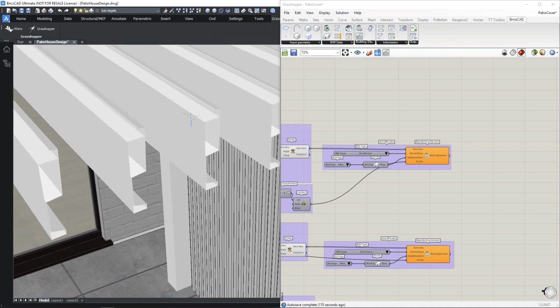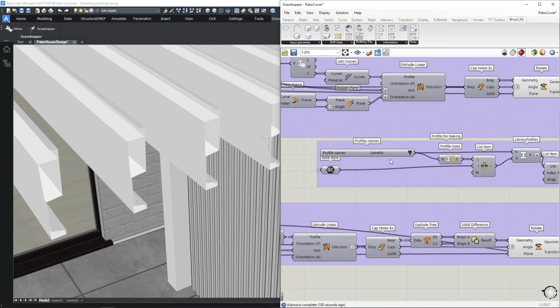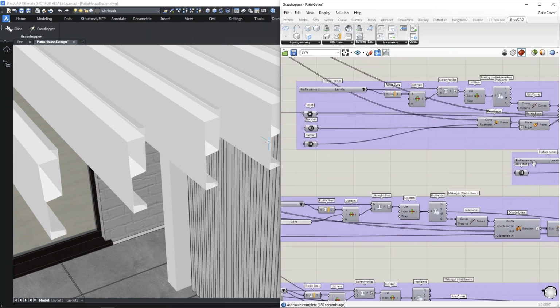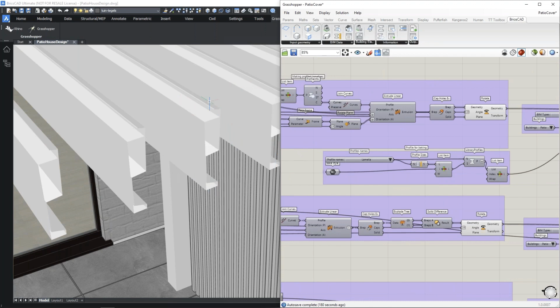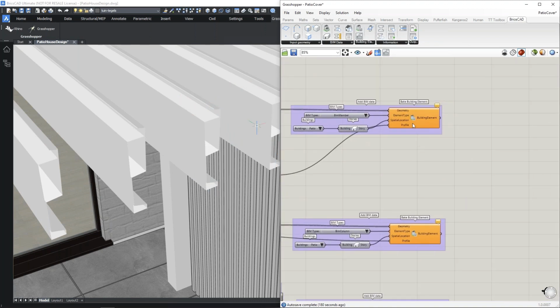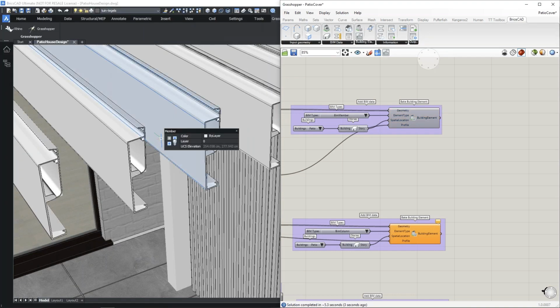When I bake this profile, I replace it by another profile, namely from lamella, this easy lamella form. I will go to an intricate lamella upon baking. So if I bake into BricsCAD, you can see that you get a little screen saying that you want to change layers or that you want another material or color. I will just accept now. And then if we wait a bit,